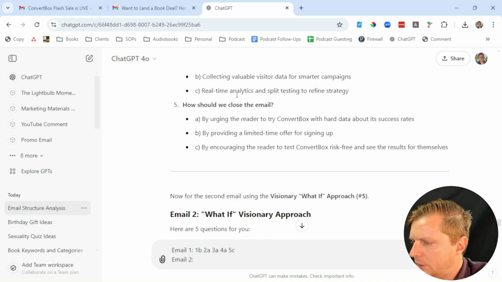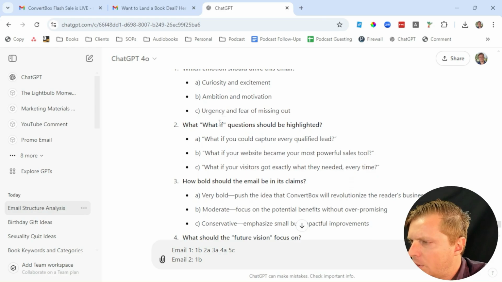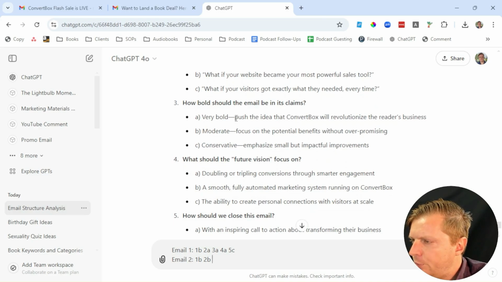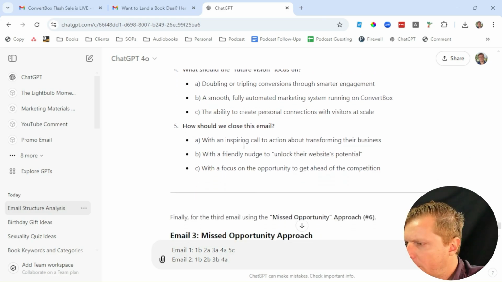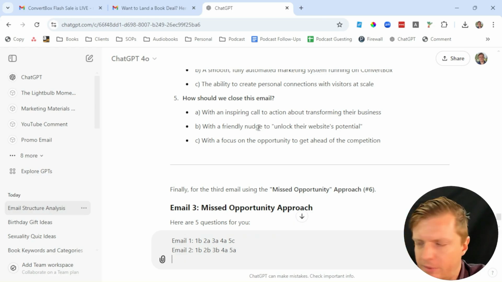Email 2. Which emotion? How about ambition? Which what-if questions? What if you could capture your qualified lead? How about your sales tool? How bold should the email be? How about moderate? What should the future vision focus on? Doubling or tripling? How should we close? Inspiring call to action. And then email 3